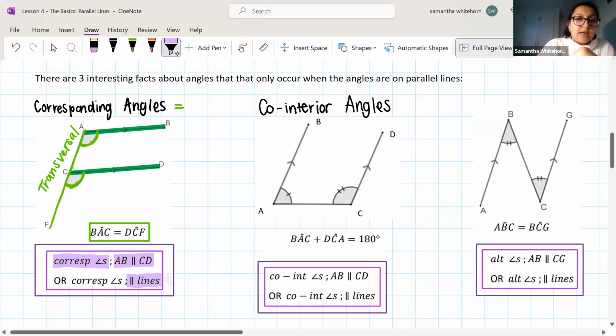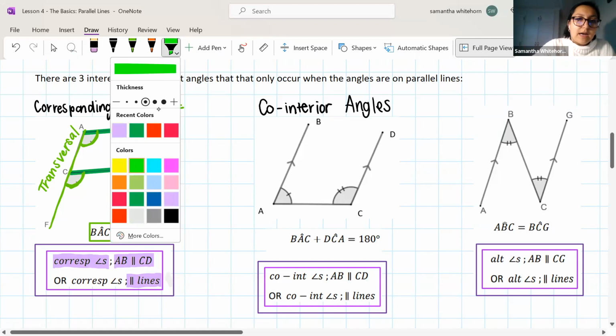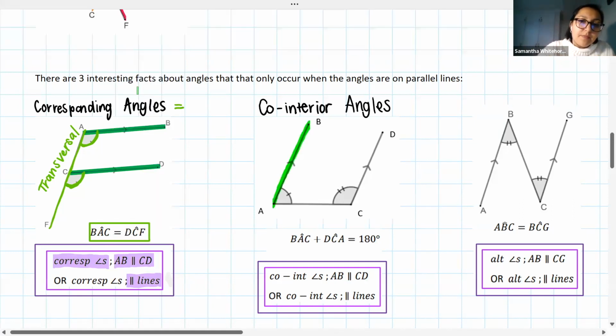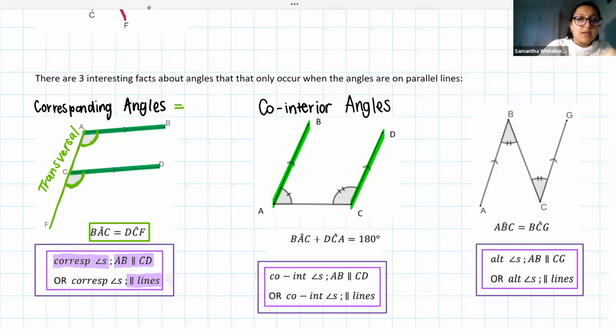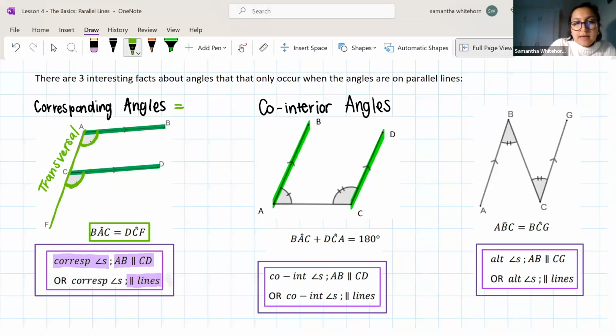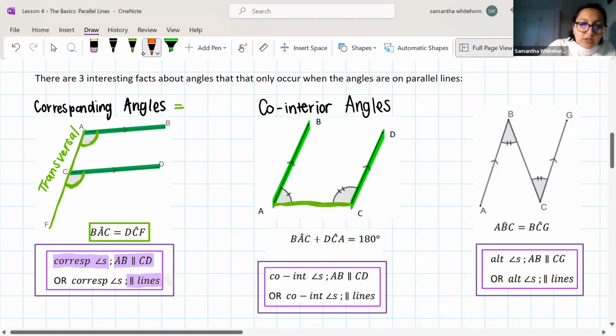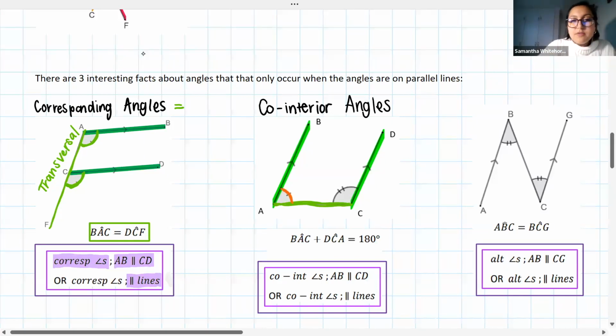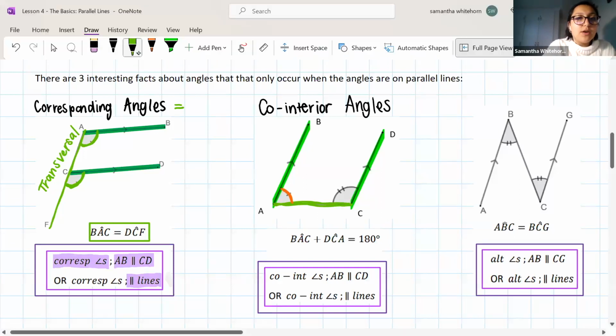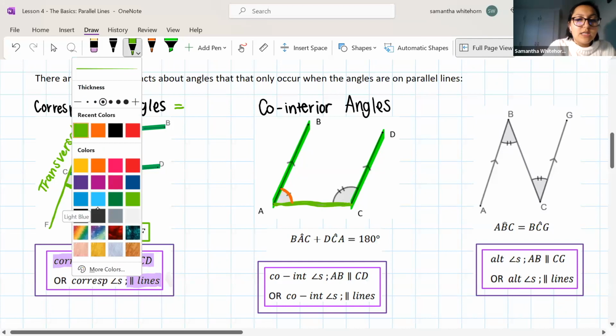So again, let's quickly identify those parallel lines. I can see that I have the parallel line AB, which is parallel to CD. I have my transversal down at the bottom AC, and I've got two angles created. Angle BAC, so this one here that I've done in orange on the left, is not the same as angle DCA. I know they're not the same because if you look at the little tick marks on them,